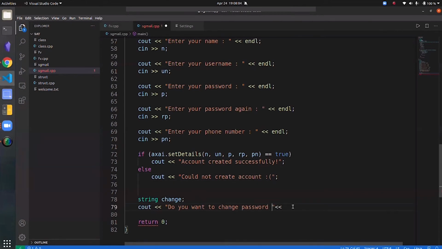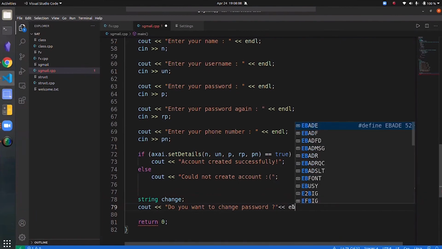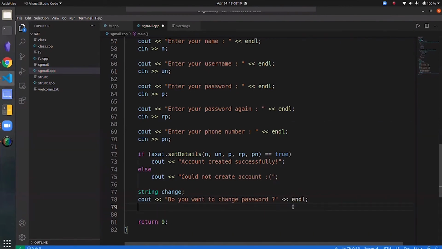If they respond yes, we'll take them through the password changing menu. So we'll read in their answer, we'll store it in change. So if change is equal to yes,